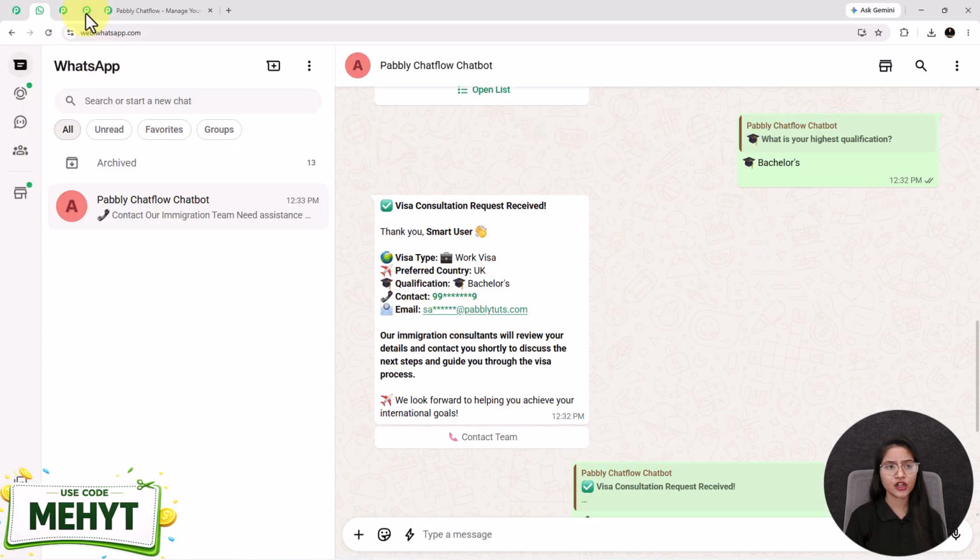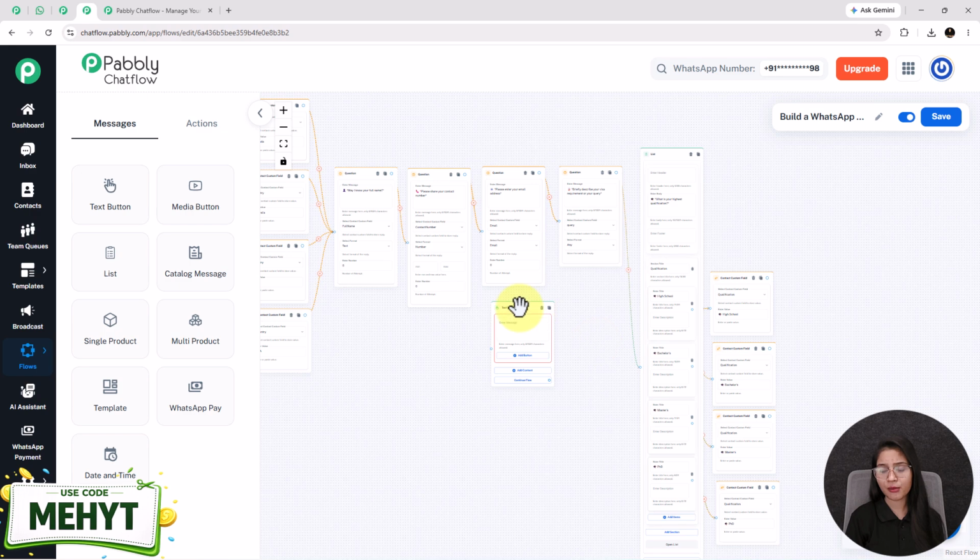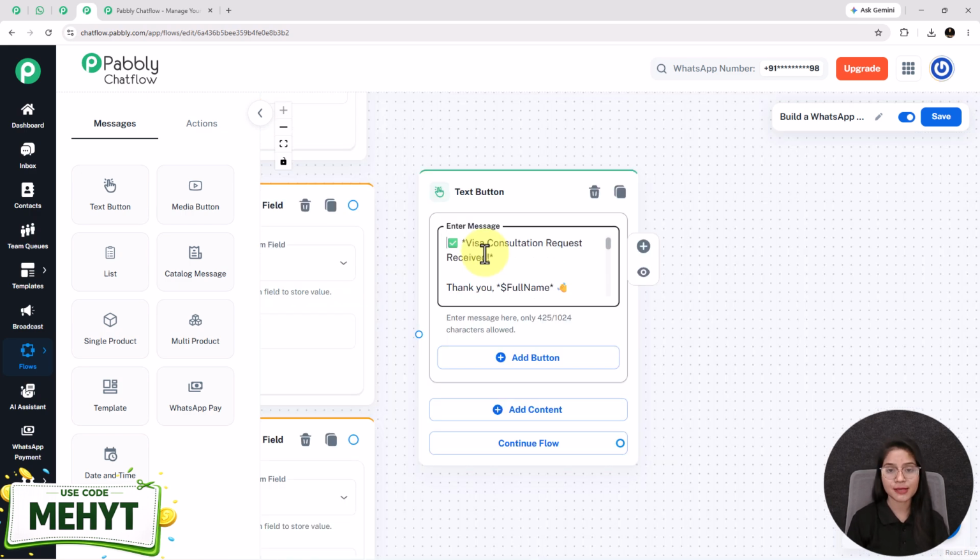and that will be fully personalized based on their input, just like this. So for that I am adding this text button from here and entering the message in this enter message box as: visa consultation request received, thank you, with dollar symbol, full name, visa type, country, qualification, contact number and email. As you can see, I have used a dollar symbol before some fields because it is a contact custom field symbol,